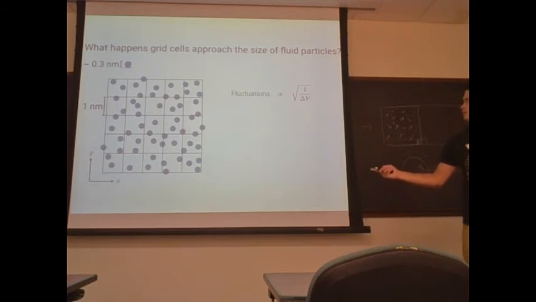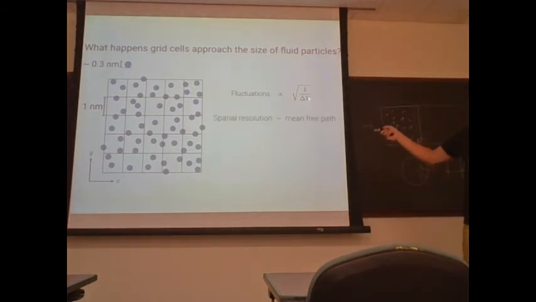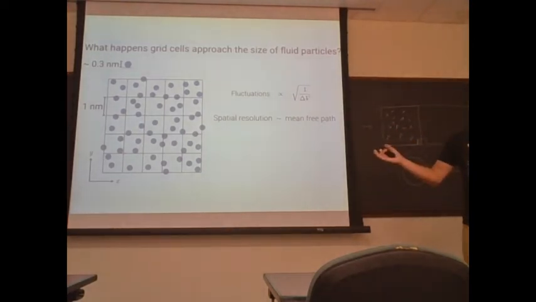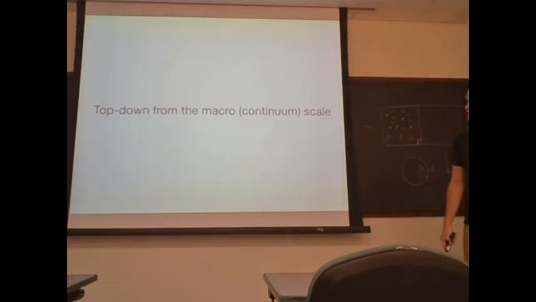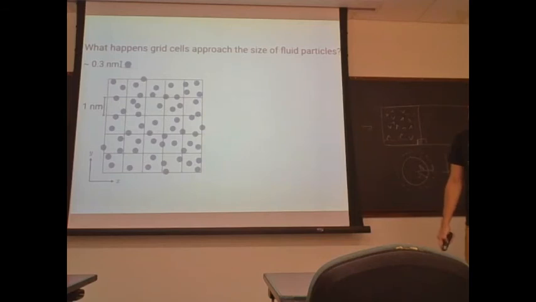Before I get here, it will also scale inversely proportionally to the square of the time step, say, for your simulation. Okay. So basically, once your spatial resolution is on the order of the mean free path, and the temporal resolution is on the order of the collision time, the mean collision time between your constituents, then what is supposed to happen,